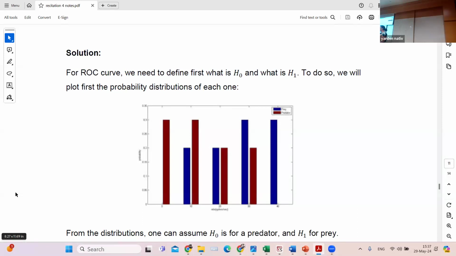And how wrong am I? Is there any chance that it was a predator? Yes. What chance is it? 0.2. Was that clear? Because this is this part. And at 40, I am left with only 0.3 from the blue and nothing from the red. Okay? And now